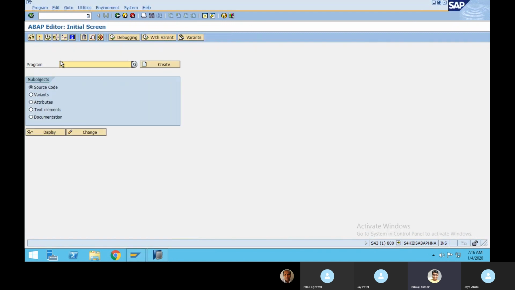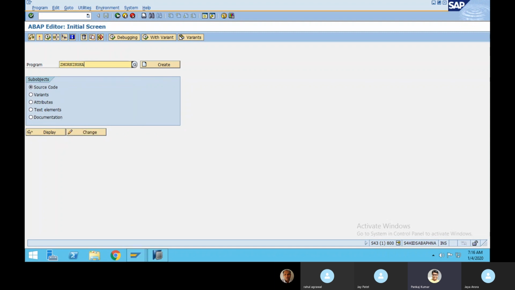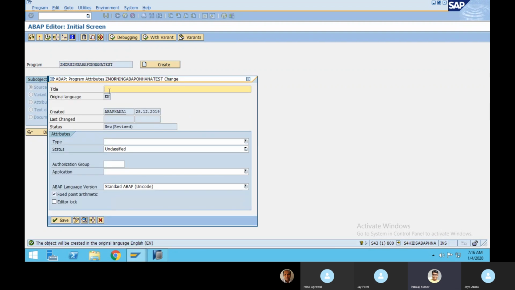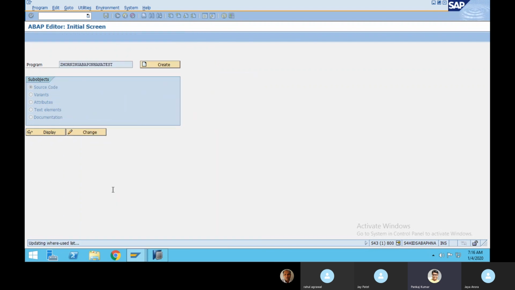Write one program, something like morning Hana, ABAP on Hana test. Click on this create button. I'm going to write this as a test program, executable, save, as a local object.